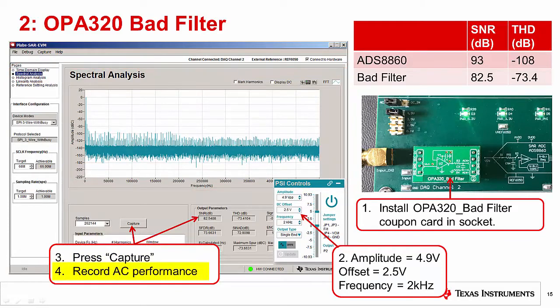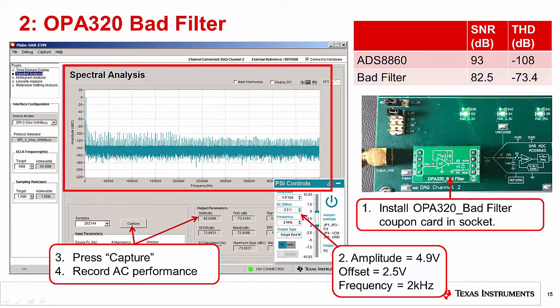Fourth, record the AC performance and compare it to the expected datasheet performance for the ADS 8860. The ADS 8860 specified SNR is 93 dB and the THD is -108 dB. The measured AC performance of this circuit is very poor compared to the datasheet specifications. For this example, we measured 82.5 dB for SNR and -73.4 dB for THD.